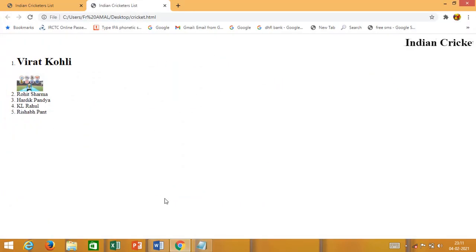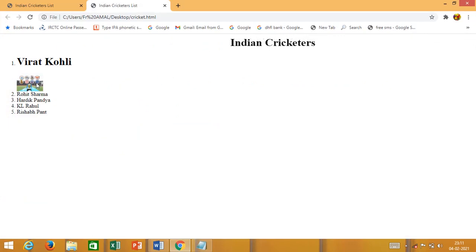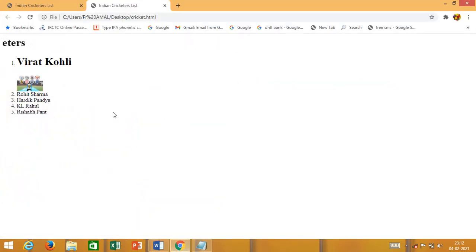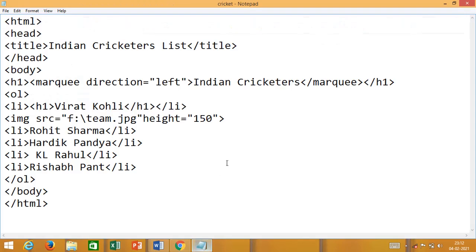See, after putting this command, height is equal to 50, how the size of the picture has been reduced. Suppose I make it 150, then let me save it. After saving, I'll refresh the file once again. See how the picture size is getting increased. So this is the way you can put the height and width both.